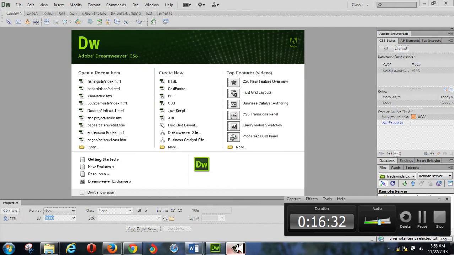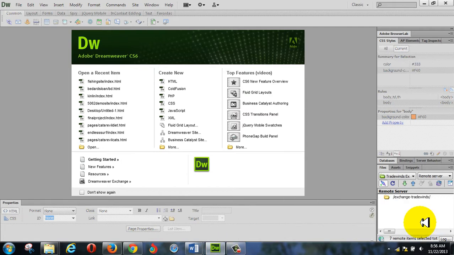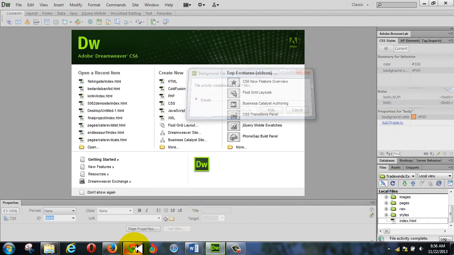All right, so if I go back here to Dreamweaver and I go to the local view, I want to upload the entire site, all the pages. If I just wanted to do the pages folder, that's fine. If I just did the index file, here, check this out. Let's just do the index file. So now,